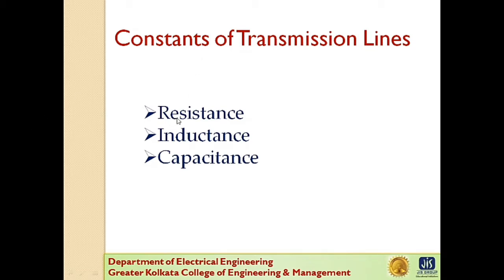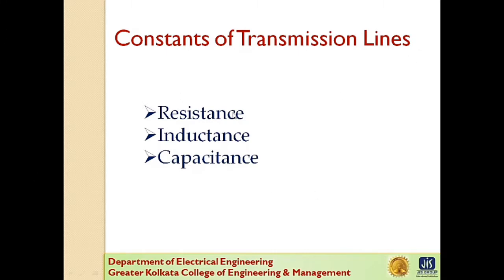There are three constants in the transmission line. As you know, the transmission of electric power is done by three-phase three-wire overhead line. So an AC transmission line has resistance, inductance and capacitance uniformly distributed along its whole length. These are known as constants or line parameters. The performance of the transmission line depends upon these parameters. For instance, these constants determine whether the efficiency and voltage regulation of the line will be good or poor.